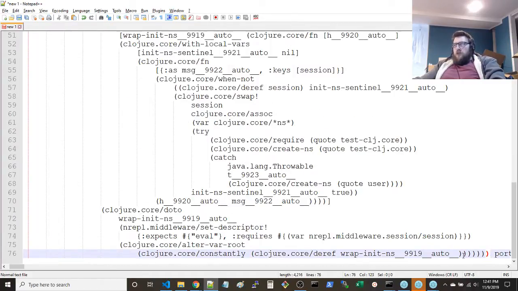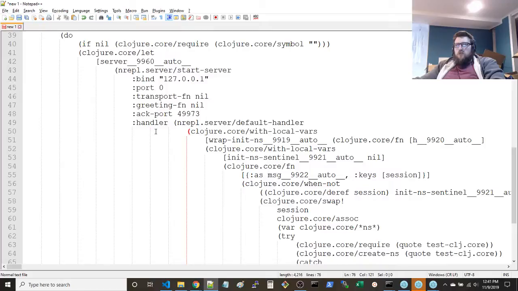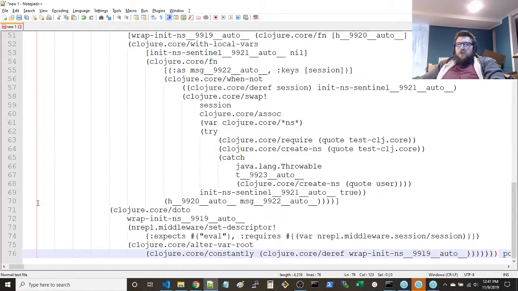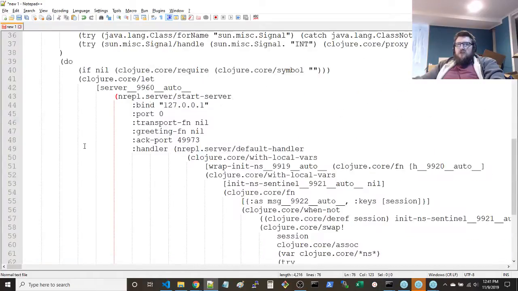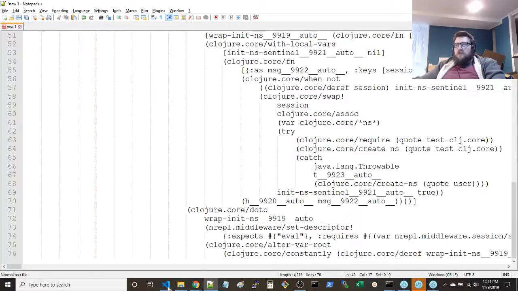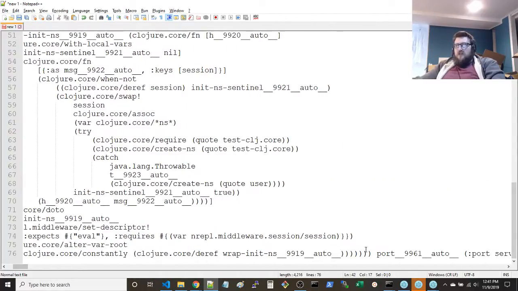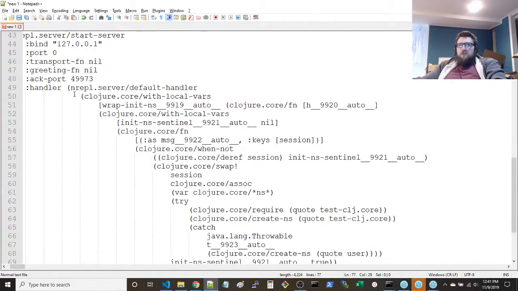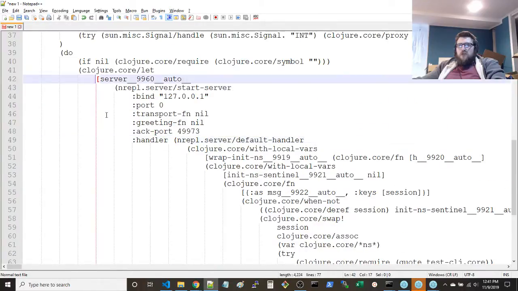Whoa, these go way, way up there. Where's that go? All the way up there, okay. No, it's still a single binding here. This goes way back to the top.